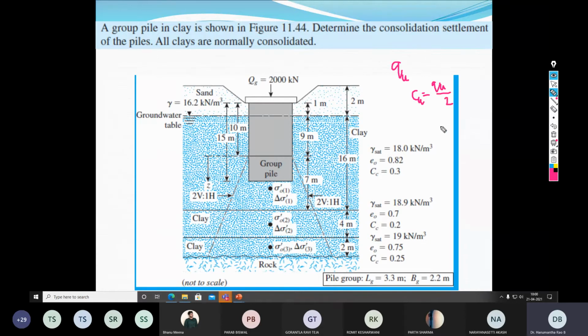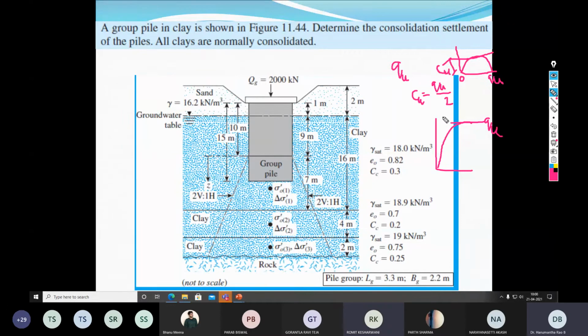QU means, suppose you draw your stress-strain curve, whatever the top value you are getting, that is nothing but your QU. And if you draw the Mohr circle, since sigma 3 is 0, whatever QU you are getting is nothing but the sigma 1. So this passes through the origin, and this is QU. Draw a horizontal line, so the ordinate is nothing but CU. CU is half of the circle diameter. Here the circle diameter is QU. So CU is equal to QU by 2.